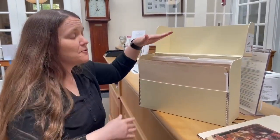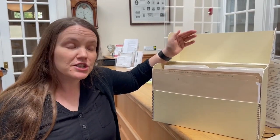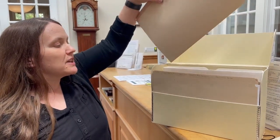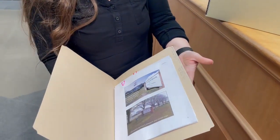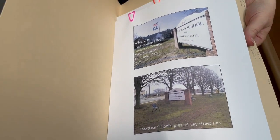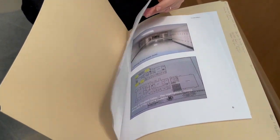Finally, we do have work from more current students. One collection that showcases this are the Loudoun County Public Schools Social Sciences Fair collection. So the Social Sciences Fair featured students doing research about social science and history topics. And we have the winners from several years. For instance, from 2011, here is a project that talked about what was segregation like in Loudoun County, Virginia between 1920 and 1969, where the student went through and documented some of the aspects of segregated schools, which is very